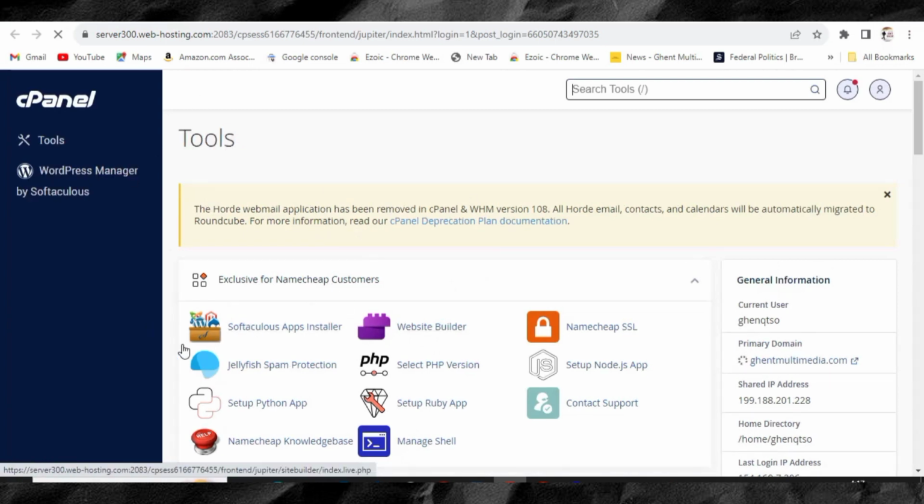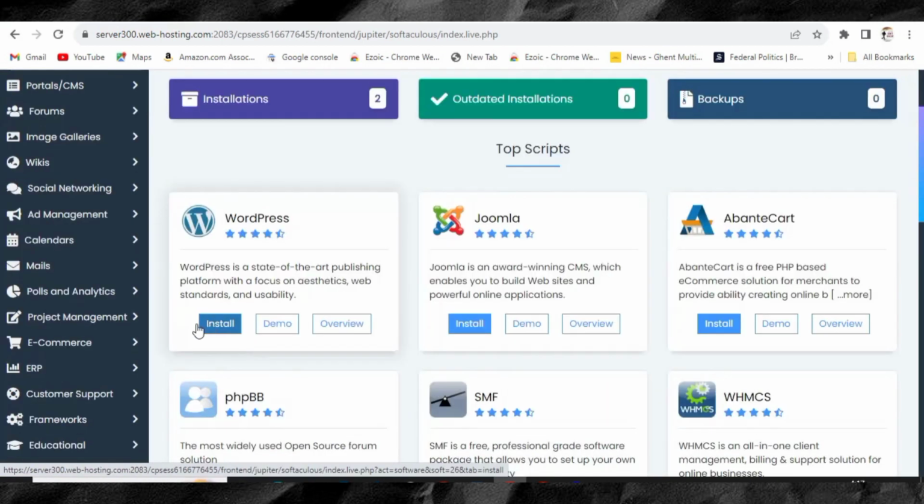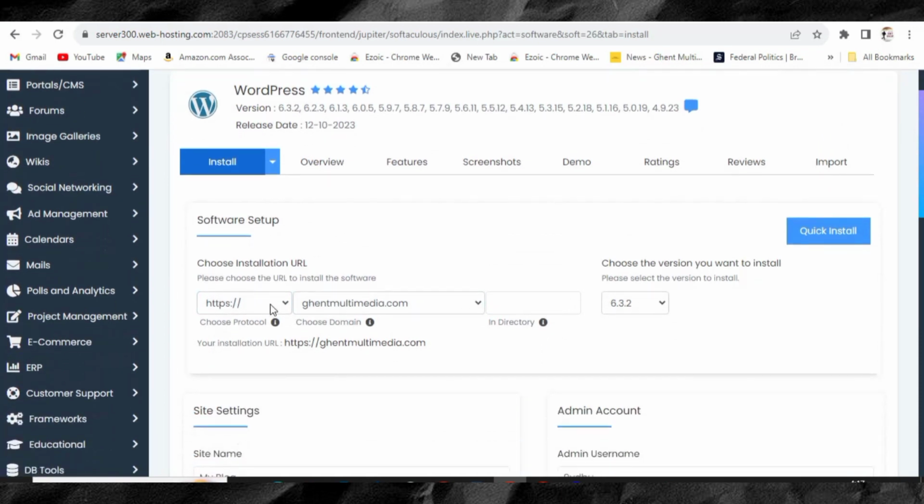So to launch our WordPress website, we have to come to the place that is saying app installer. Just click on it, and then it will open this dashboard for you, and you will see WordPress over here. So click on install, and then right here it's gonna open this interface for you. All you have to do is to come over here and select the domain that you want to launch the